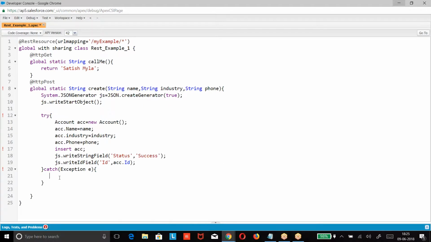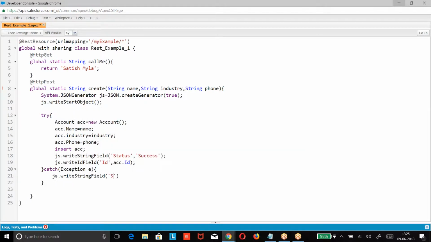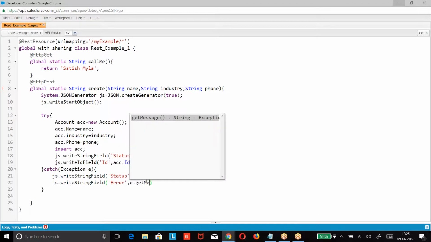If the insert failed, it will come to catch. What is the error message? E dot.